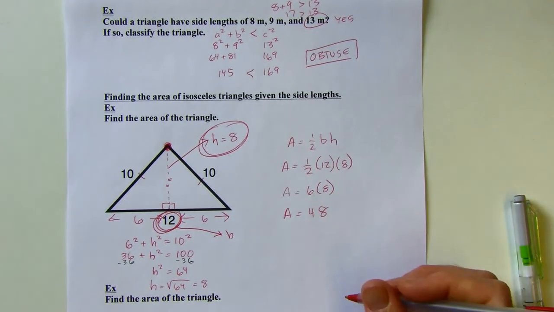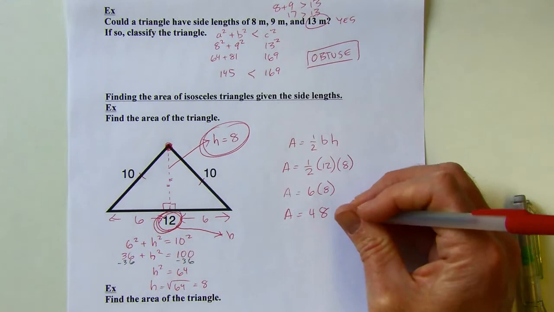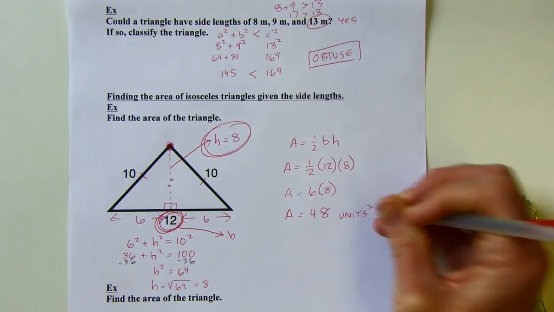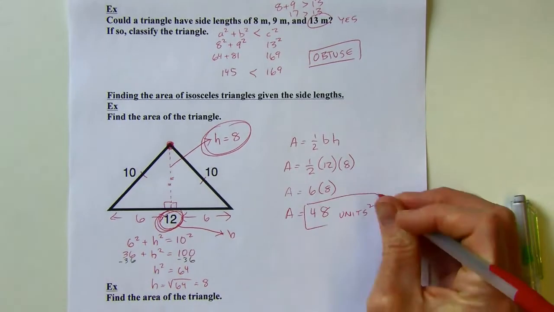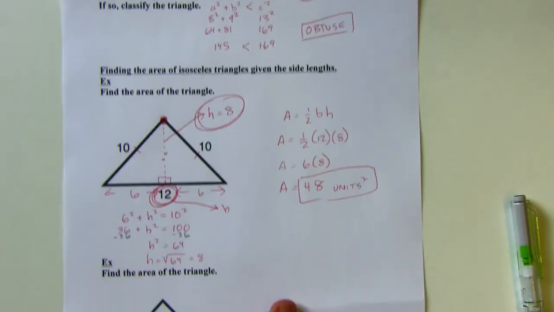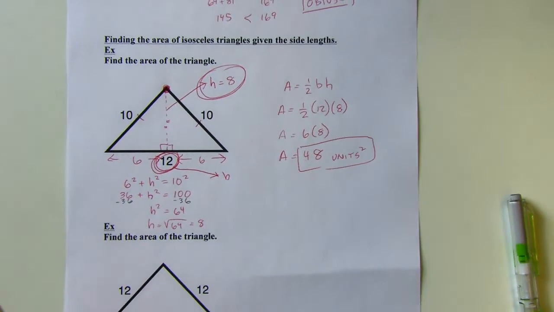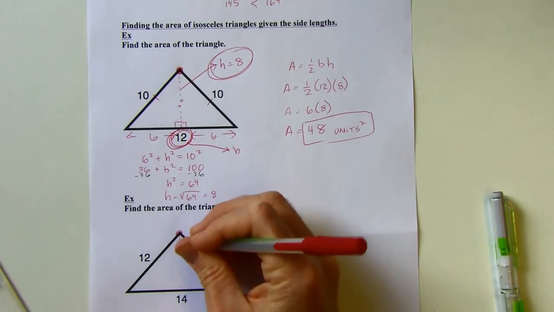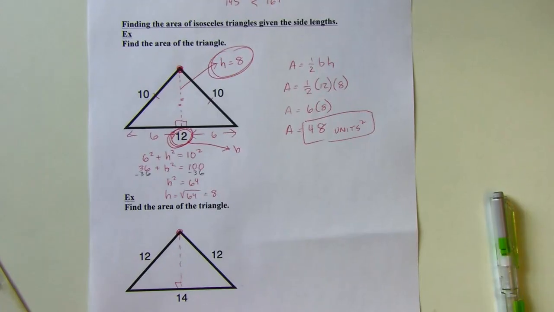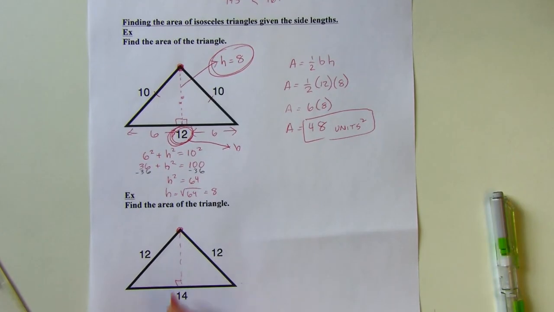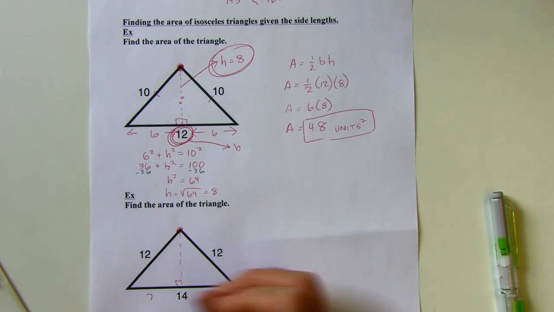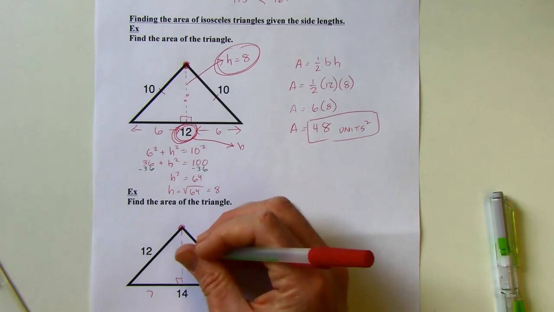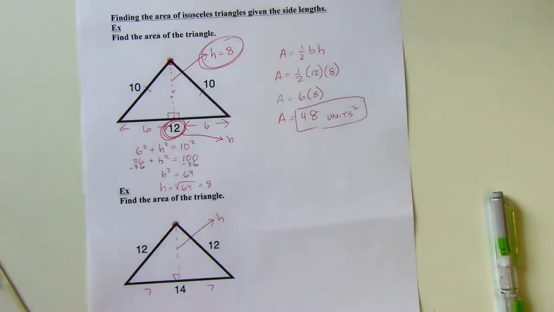Okay, now this is area, so I do want to show that the units are squared even when I don't know what the units are. So I'm going to say 48 square units. Not 50, right? Like I promised, it's not 50. Okay. Similar problem here. You can pause it and try this out. So hey, there's where the 2 congruent sides meet. Just going to do an operation, use my scissors, cut that down like that. That 14 will be divided in half,